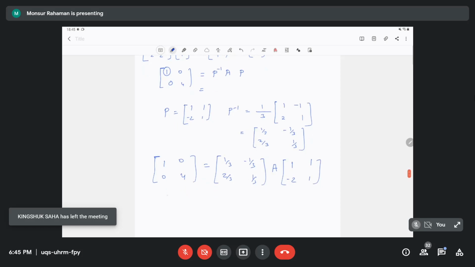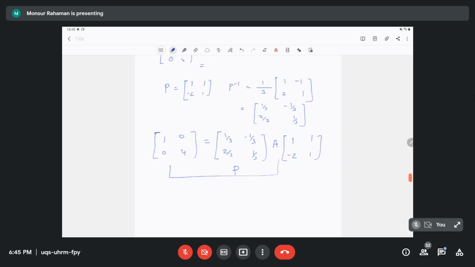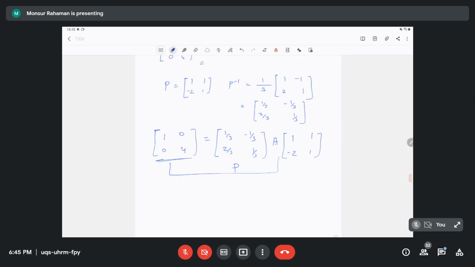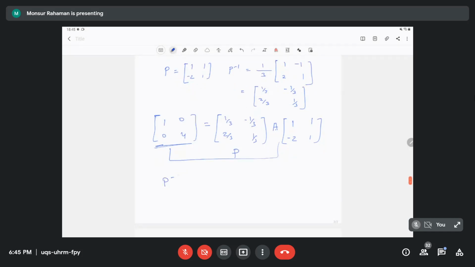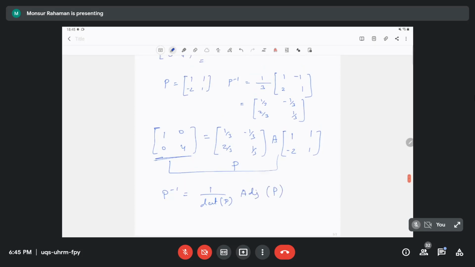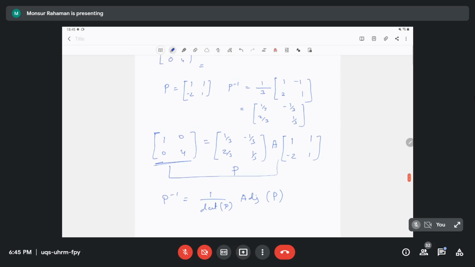So these two matrices are similar because you find P as a non-singular matrix. Because this matrix is similar to a diagonal matrix, how do you call the inverse of P? Tell me once. P inverse. The formula for P inverse is the determinant of P and the adjoint of P. For the adjoint you have to take the transpose of the cofactor matrix. Yes, I understood. So you will find P inverse. So this is your matrix.